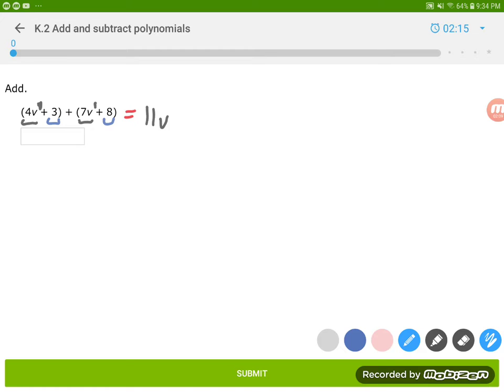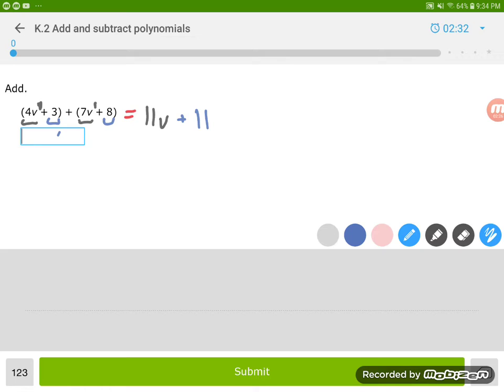We have 3 of something, we have 8 of something, so that's going to mean that total we have 11 of something. And then we'll go ahead, we'll just add a plus sign right there. Our 11 technically is positive, so that's why we would put the plus right there. And so our final answer should be